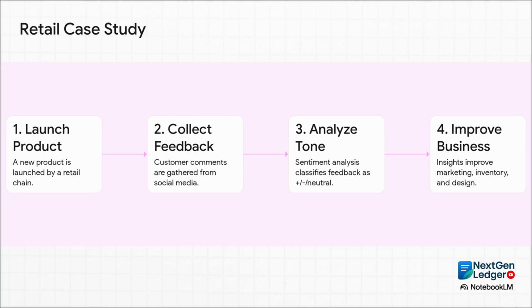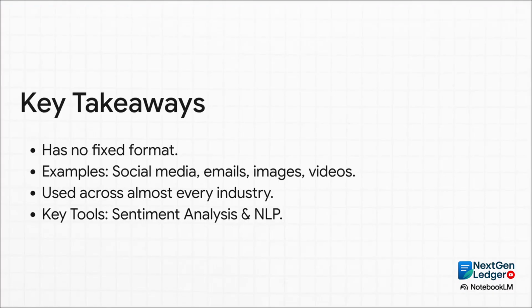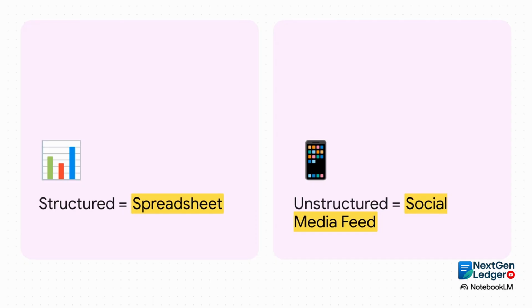They can immediately tweak their marketing to focus on style, while at the same time flagging that design flaw for the next version. All right, wow, that was a quick tour of a huge topic. Let's do a quick recap of the key takeaways. So, if we put it all together, here's the bottom line. That massive amount of messy data we all create, from emails to videos, is being turned into a powerful resource. And it's thanks to amazing AI tools like NLP that industries everywhere are finally able to understand and act on it. So if you forget everything else, just remember this one simple thing.